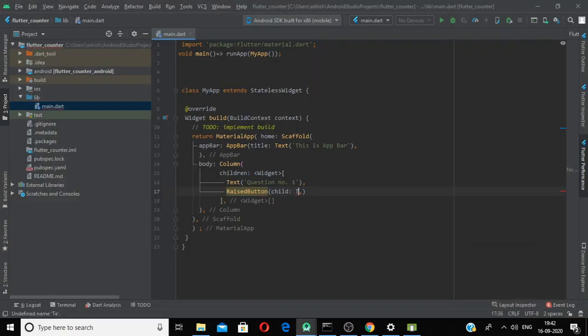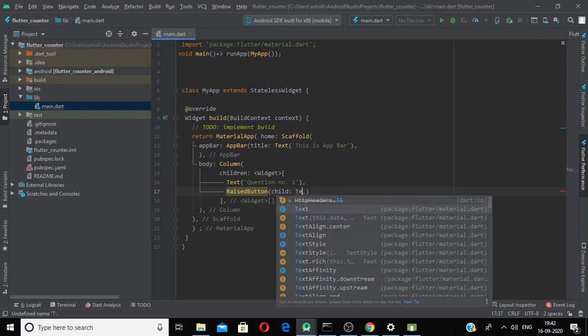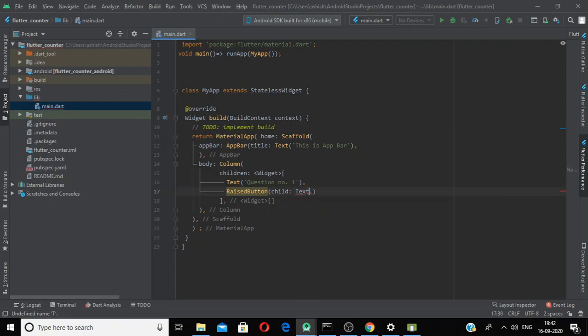And inside this text widget, I can write answer 1.